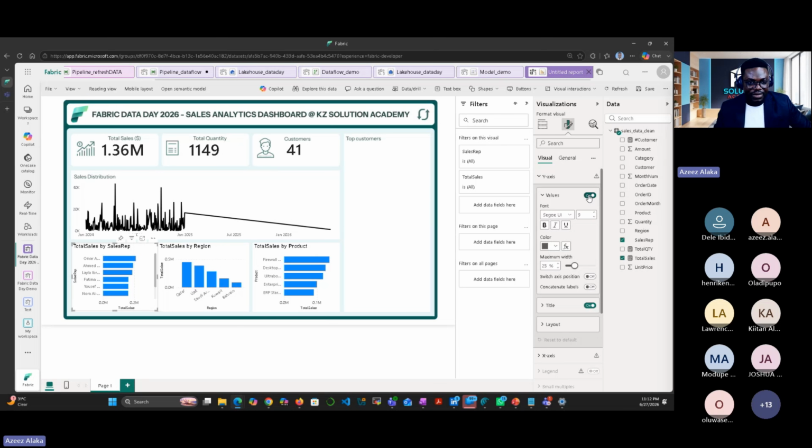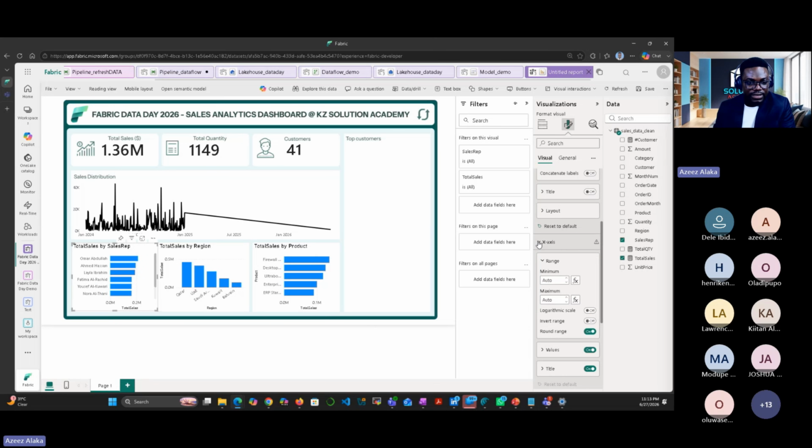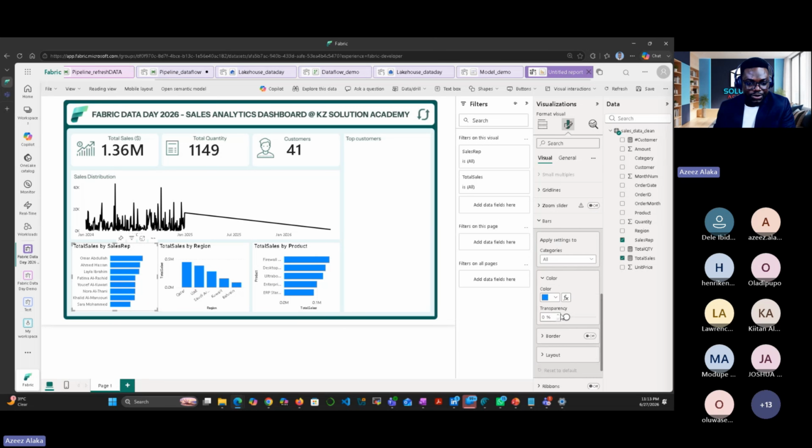So here, y-axis, okay, 25. I want 45. I want to be able to see the name very well. Title, I don't want title. On x-axis, remove value, remove title, and the bar, I want to change it to color black.